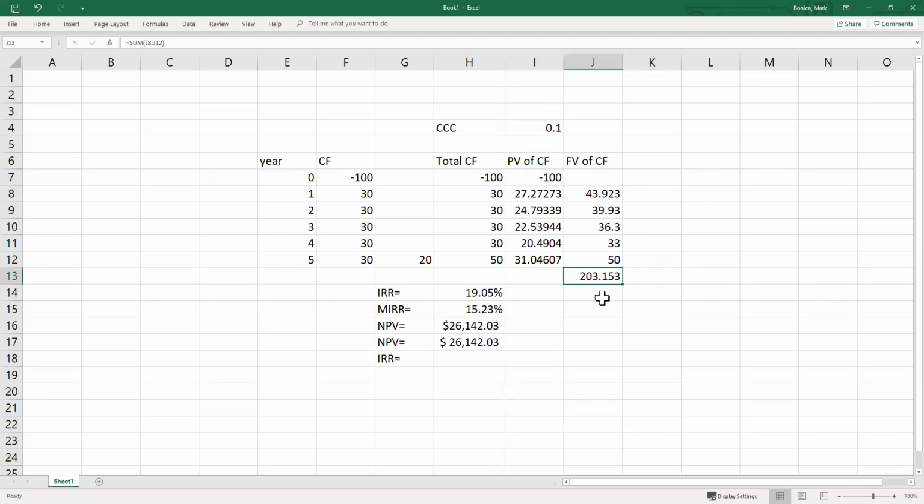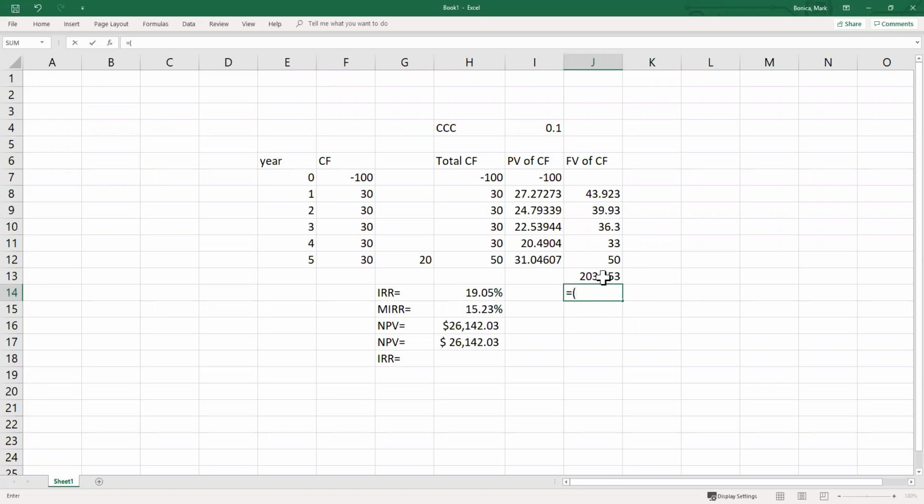And now we need to know what interest rate would bring us back to 100,000. I'm not aware of a formula that'll get us the answer to this, so I'm just going to do it manually. So the answer would be based on the present value formula. We've got a future value is equal to the present value times 1 plus the interest rate raised to the n. So in this case, we've got,